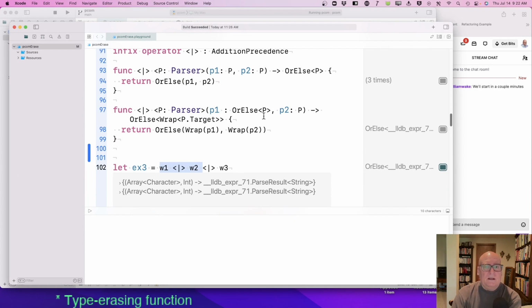The result of this is an OrElse, but the type is going to be wrap of something, wrap of p.target. And so this is never going to apply the second time, because it's not going to find a wrap on the right hand side. It's going to find a p.target. And that's not going to work.